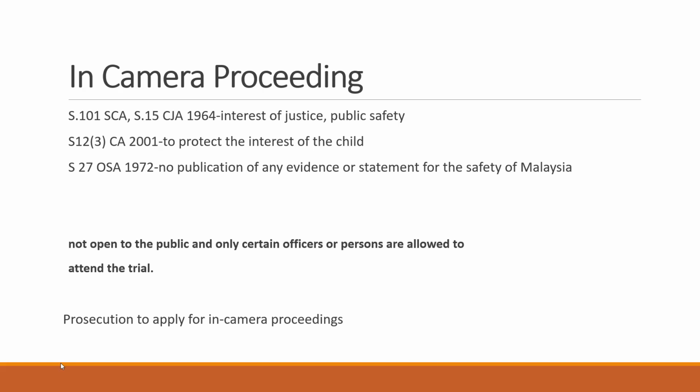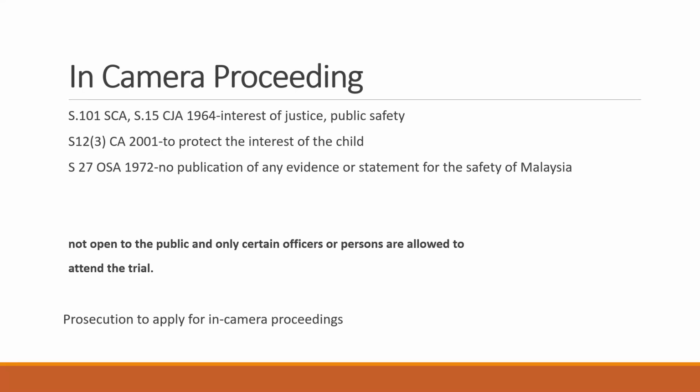Okay, so in the case of a court for children, it is also in camera, because usually in criminal matters for a minor, you don't even see the name.